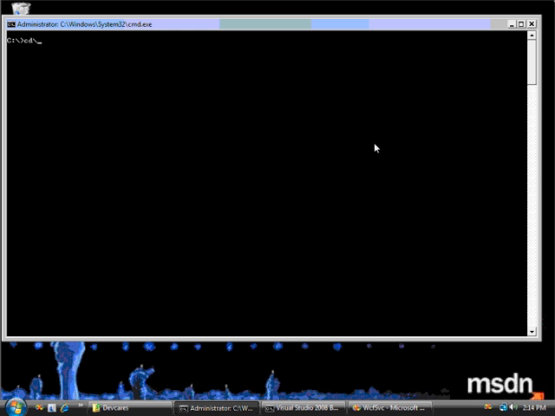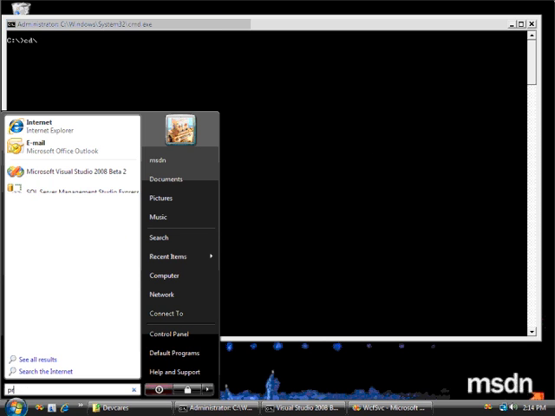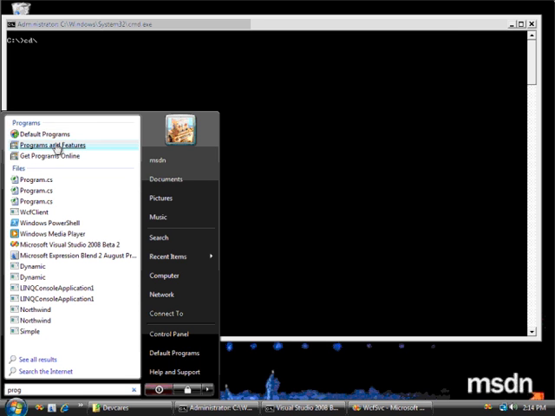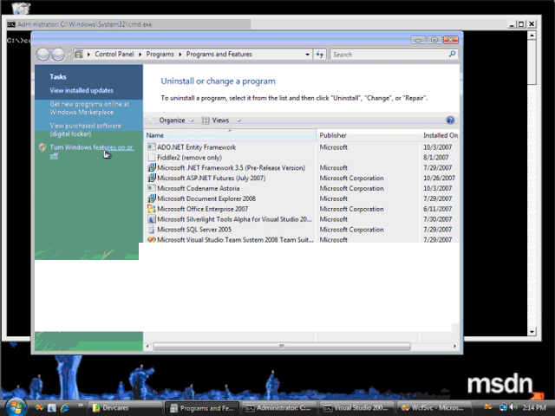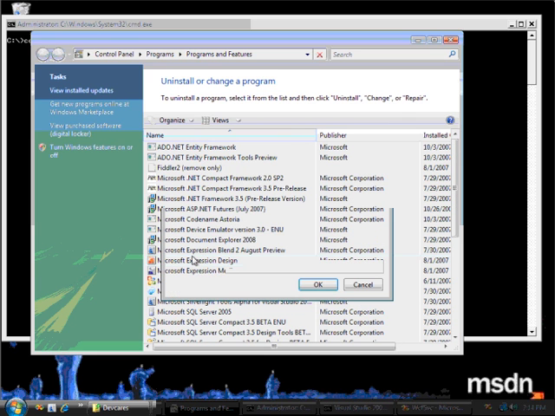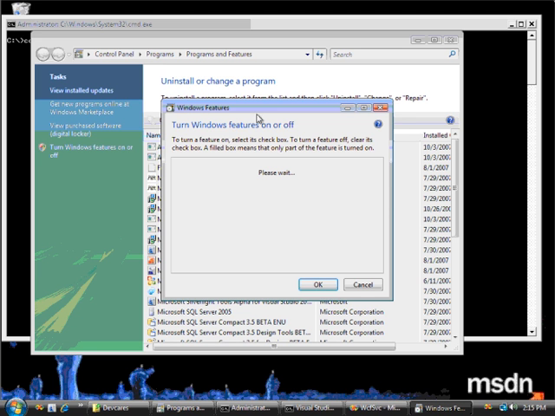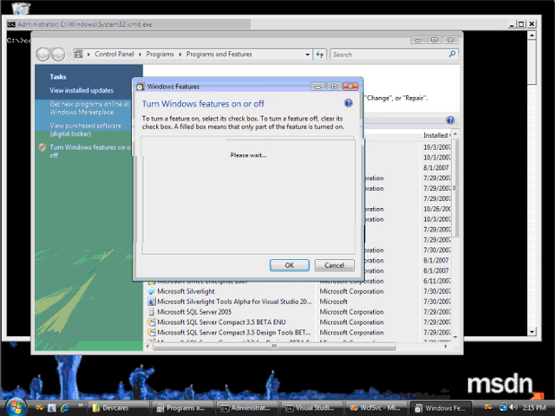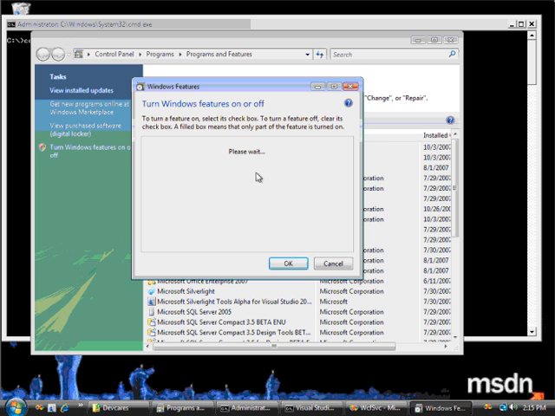And so inside of Windows Vista, if you happen to be running Vista, that runs IIS 7. What you do is you go to programs and features, and then you turn on and off the appropriate features for the metabase. And so I'm going to do this and just show you where this is done. I've already actually stepped through this before, but you need to make sure that you've got this turned on and set up so that it'll work for your application. So once these features open up,